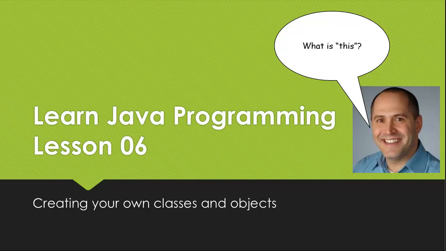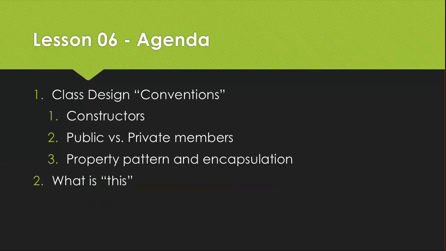We're up to Lesson 6. Lesson 6 is the culmination of all the lessons we've learned so far. Now we're going to get down to business and learn to create our own classes and then build objects from those classes. So on the agenda today, we'll talk about some conventions that we use when designing our own classes,